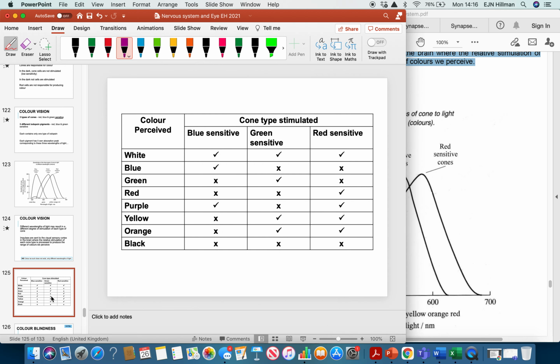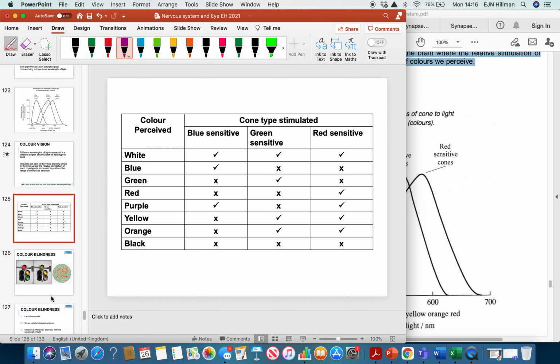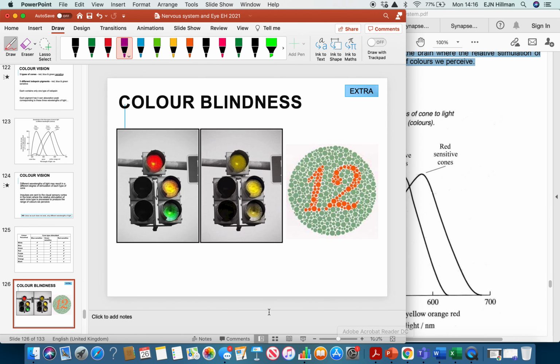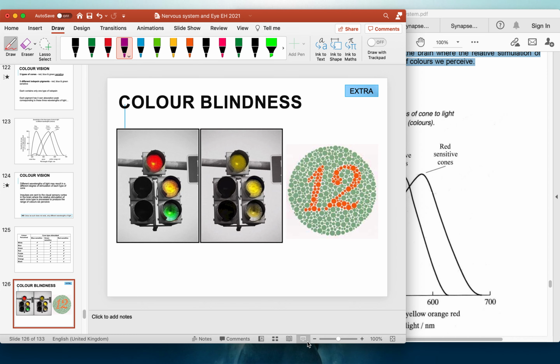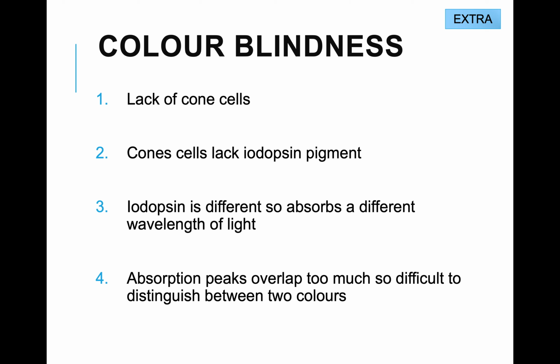Okay, now the next couple of slides I'm going to show you are about colour blindness. And again, you don't need to know this, but this is often an interesting topic for our students. Okay, so colour blindness results in the inability to perceive certain colours. It may be due to a lack of a particular type of cone cell, red sensitive or blue sensitive or green sensitive,